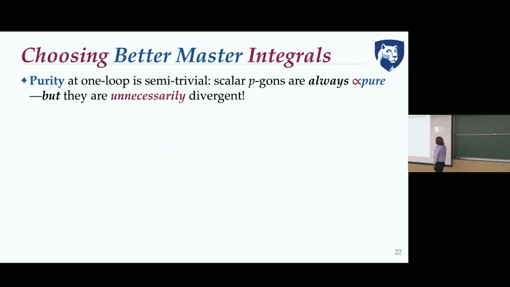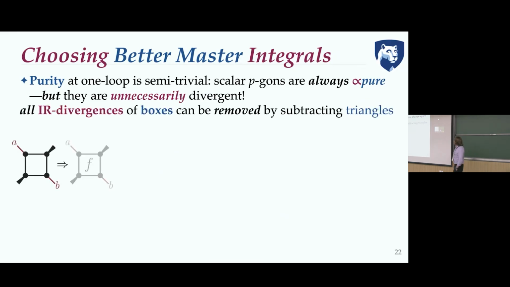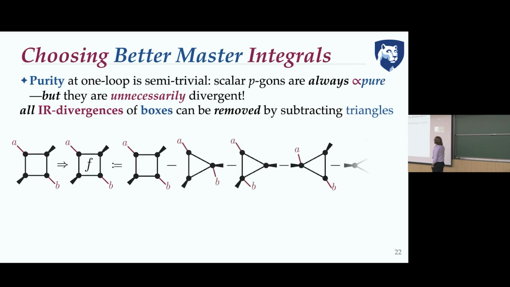But I want to complain that even at one loop, they are unnecessarily bad. They are bad choices for a lot of reasons. And some of this connects with what Ruth was talking about earlier about having these spurious symbol letters that cancel out in sums and identities about the infrared structure. It's relatively easy to see. For example, in the space of one loop, let's say we're going to work in 4 dimensions, so I care about boxes, triangles, bubbles, and tadpoles, and the constant maybe. In DimReg,